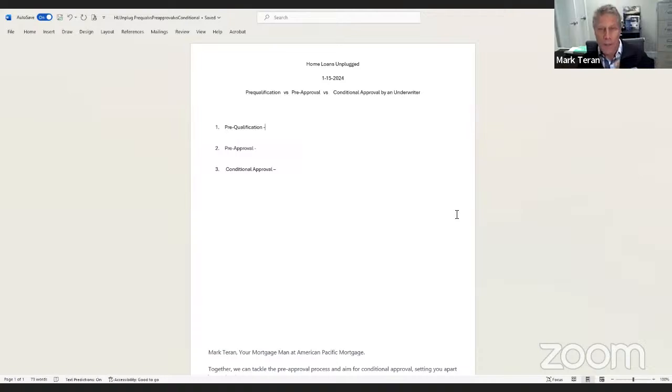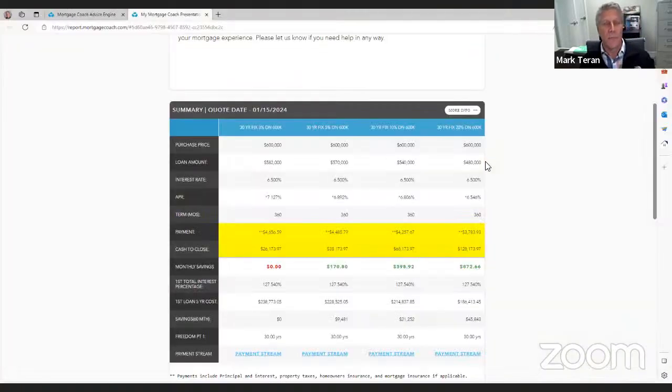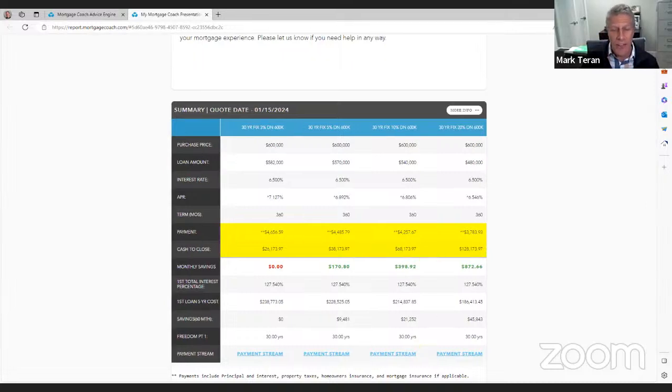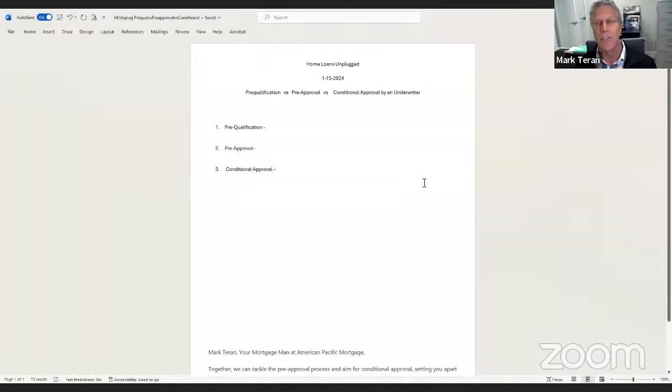So what I'm unfolding for you here is that there are surprises that happen in loans that are not properly documented and vetted out up front. And if you've ever heard a horror story about a loan going sideways, this is the predominant reason why. The consumer just assumed that they got some of their information in, they're good to go, they're fine. They got to take a look at these estimates, and why heck, these estimates worked for them. They love the loan options, they're good to go. They found the house that they love, and they're ready to move forward and get into contract.